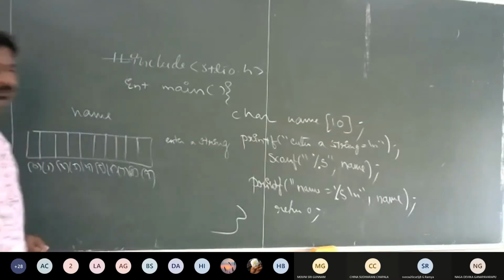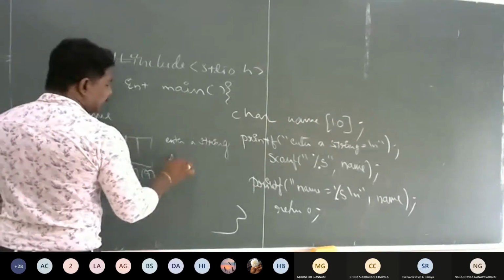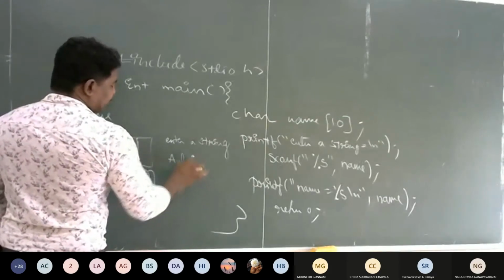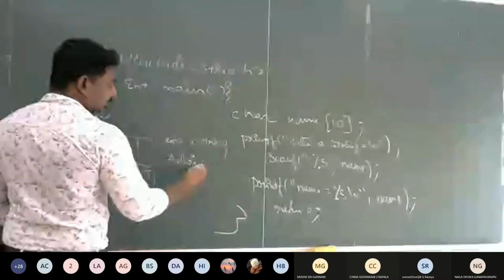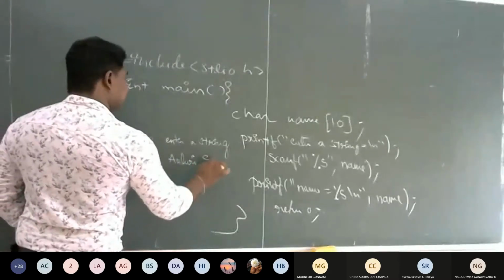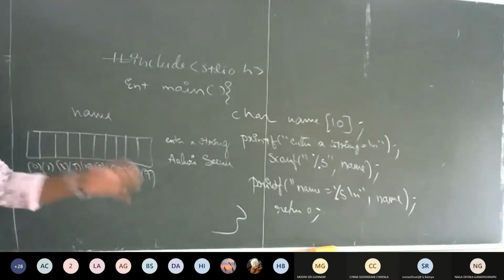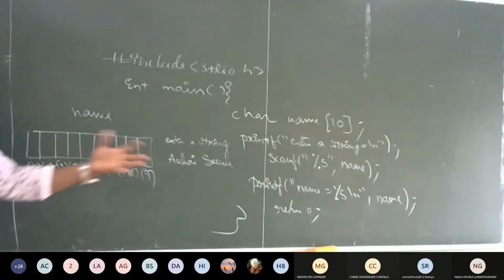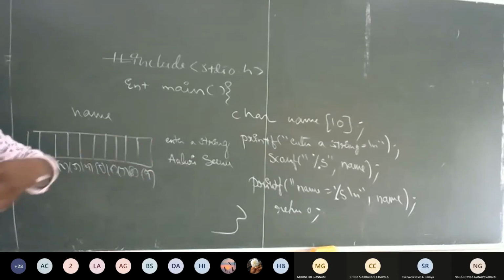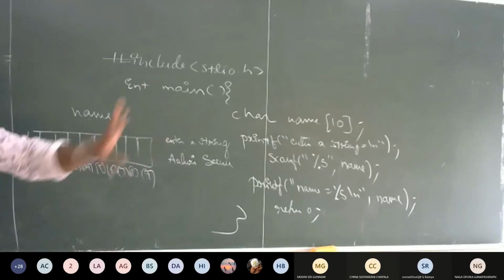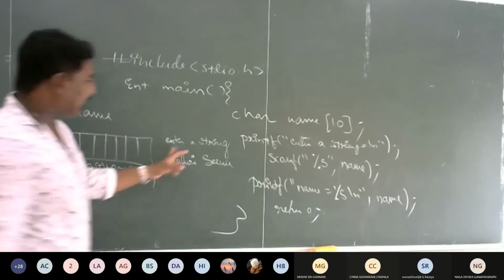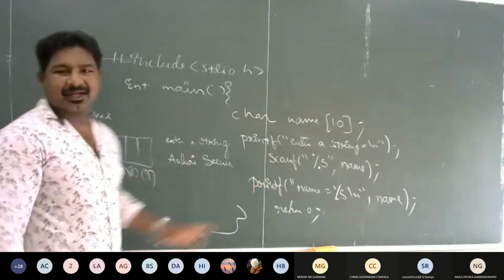Enter a string. Okay. So I will enter my name actually, with my initial, then my name. If you are asked to enter your name, you will enter your initial, surname, then your name, right?